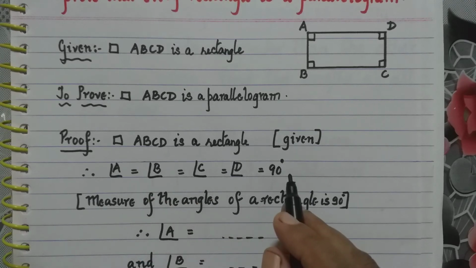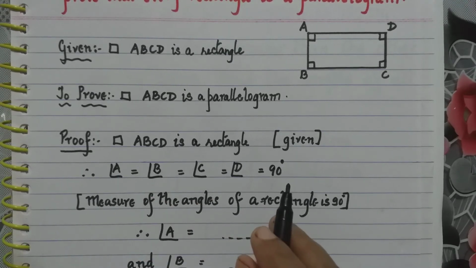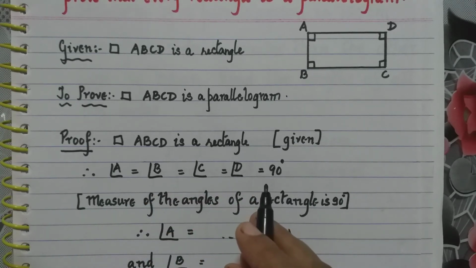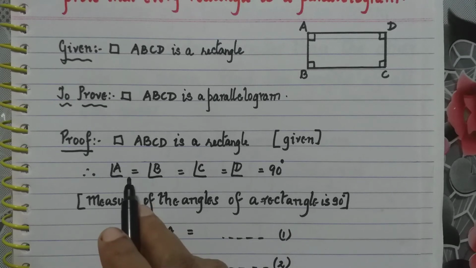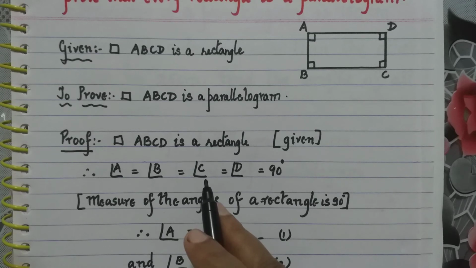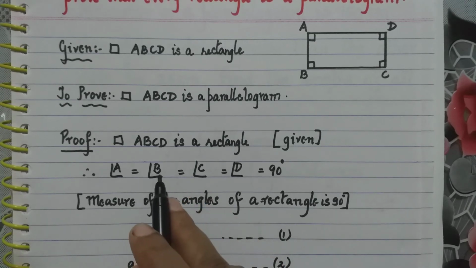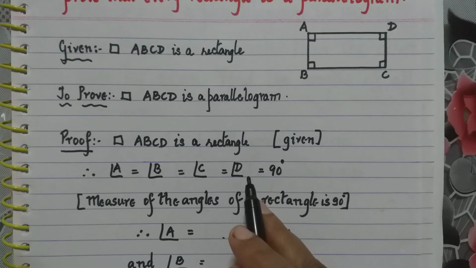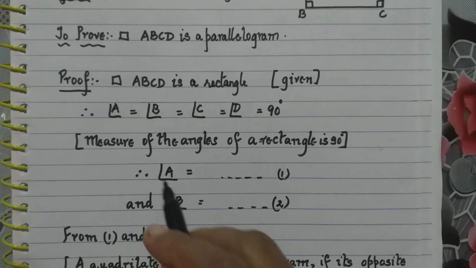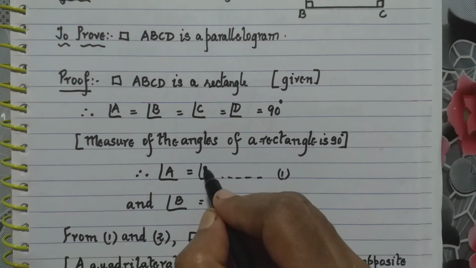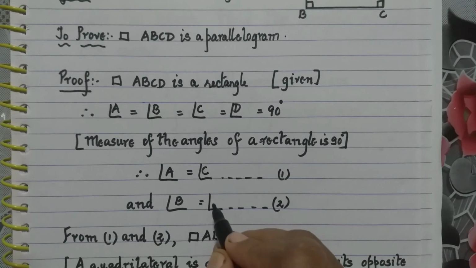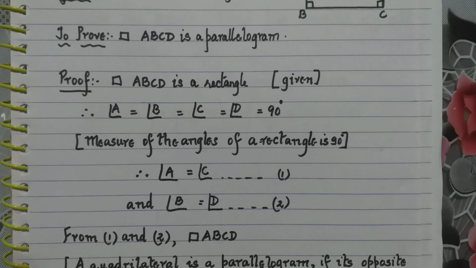Now once we have written this, again we remember we have to use the opposite angles test. So among these, which will be the pairs of opposite angles? Angle A and angle C, the alternate angles. Angle A and angle C will be one pair of opposite angles, and angle B and angle D will be another pair of opposite angles. Therefore, I can write, therefore, angle A is equal to angle C and number it as 1, and angle B equal to angle D and number it as 2.